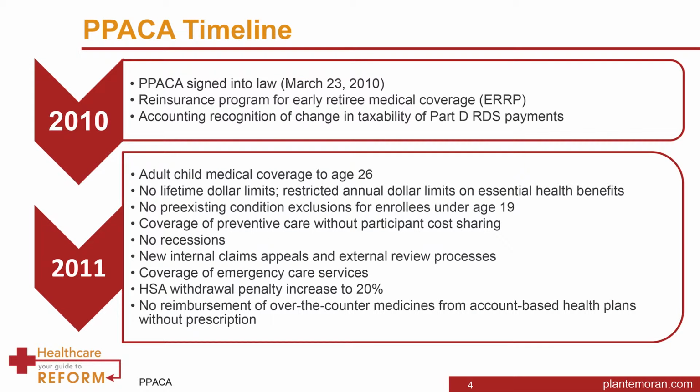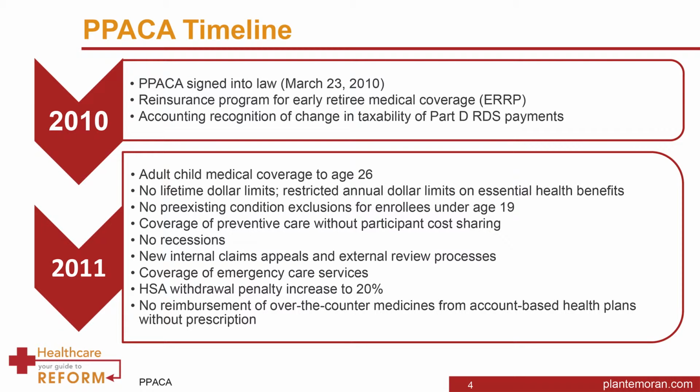On March 23, 2010, President Obama signed the Affordable Health Care Act. Since that date, we have already implemented a number of aspects of the law. The timeline presented here is a good chronology of some of the major events, including non-grandfathered group medical plans providing coverage to adult, non-dependent children to age 26, eliminating pre-existing condition limits for enrollees under